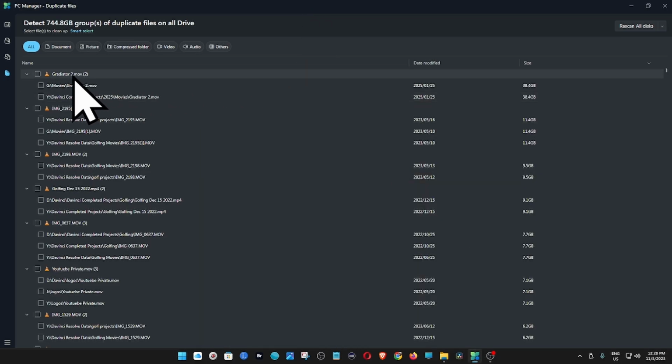So what I can do here is say, okay, in the group Gladiator, there are two. On my G drive, which is my movies, there is Gladiator 2. Then on my DaVinci machine, proving it is connected to and reading the network, I have Gladiator 2. I can't delete either one of these, and the reason for that is